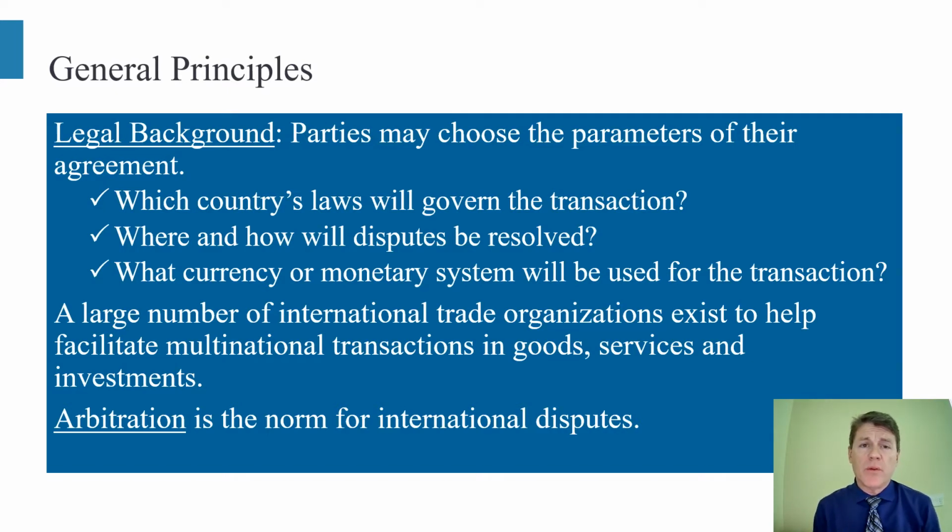Ideally, whenever you enter into a contract, you want it to go as planned. Everyone does what they say they're going to do and what they're supposed to do. But we know that that's not always the case. And so when an issue arises, we have to be able to say this agreement is going to be enforceable under this national body of law. Through contract, you can voluntarily select any country to apply their laws in the agreement.